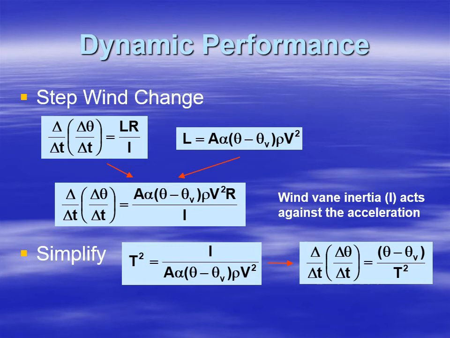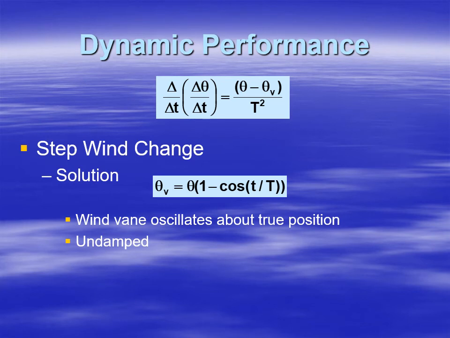So we're going to stick that into the equation we have for the angular acceleration of the wind vane. Things start to get a little bit messy. We haven't really broken down the inertia of the wind vane. We haven't stuck anything in there yet. And we're just going to leave it as is. We're not really going to define that. To make this equation look a lot simpler, we're going to call all that stuff t squared. So we've got t squared now, and what we have is a